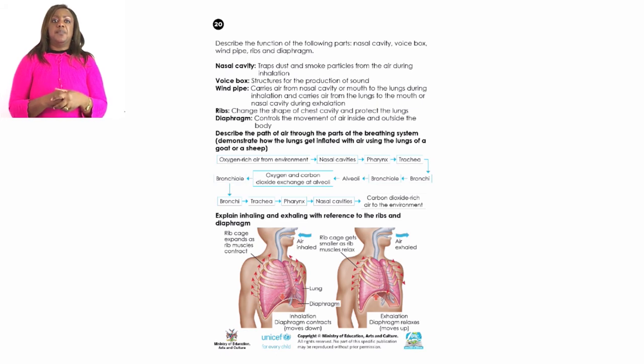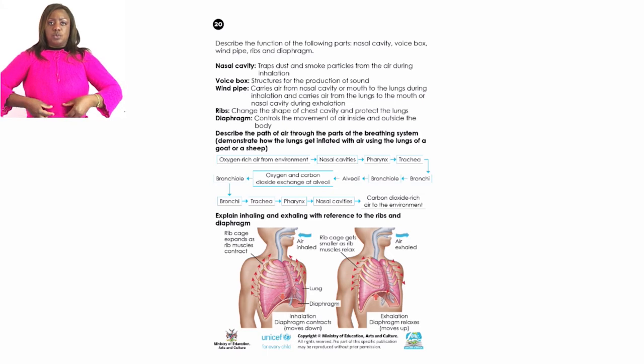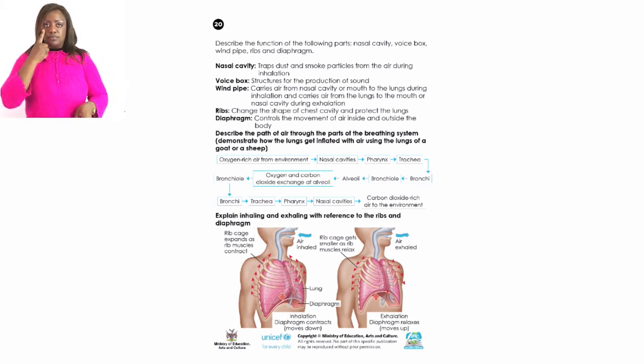If you look at the shapes of the diaphragm on the picture on the left and also on the picture on the right, the one on the right looks more like a rainbow. It's more curving, meaning that it's pushing the lungs up, which makes it possible for the lungs to release the air out of the body. But the one on the left looks a little bit flat compared to the one on the right, making it possible for the lungs to settle down a little bit to make sure that there's enough air